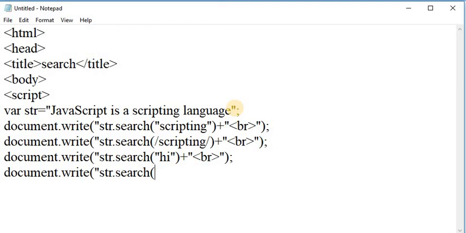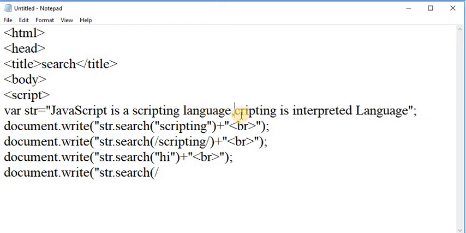Suppose here I am taking the regular expression, but for case insensitive, suppose I am taking a string: JavaScript is a scripting language, and scripting is a powerful, interpreted language.